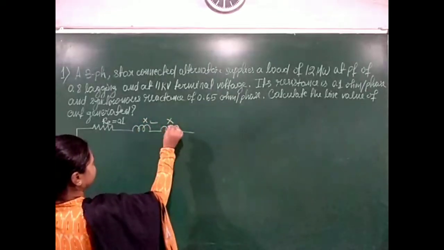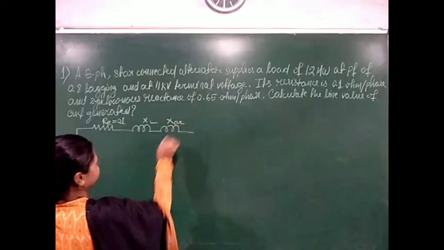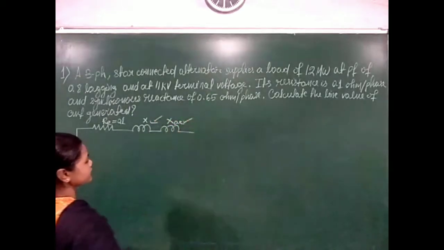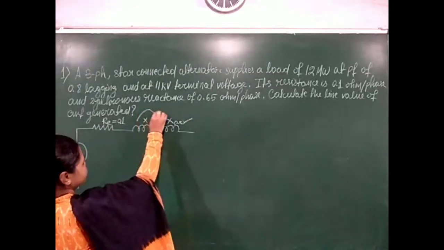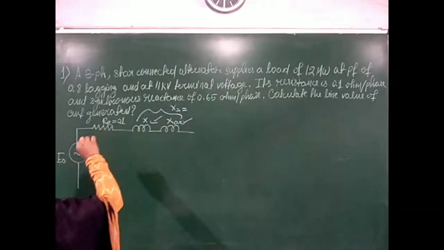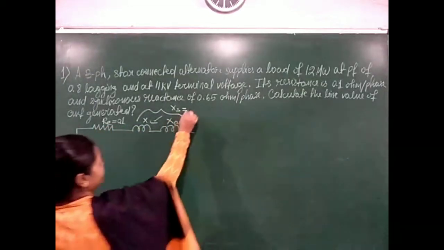XL is the leakage reactance, XAR is the fictitious reactance, and their sum is XS, which value is given as 0.65 ohm,